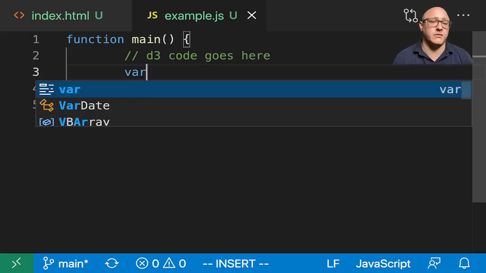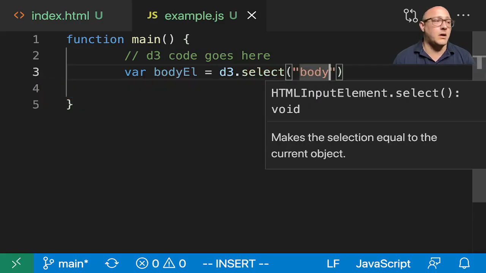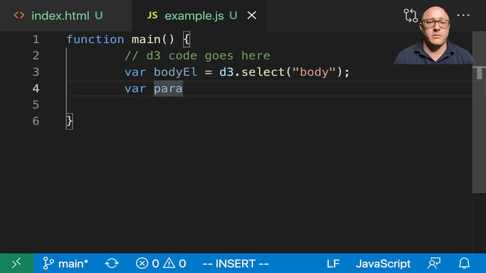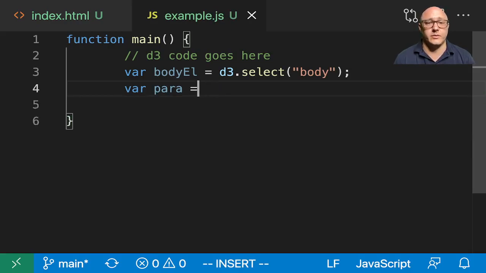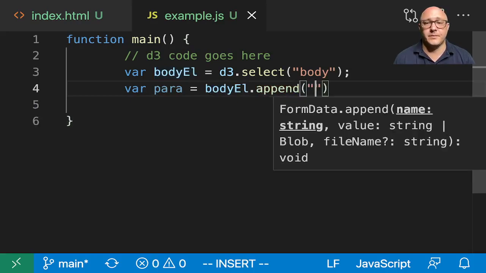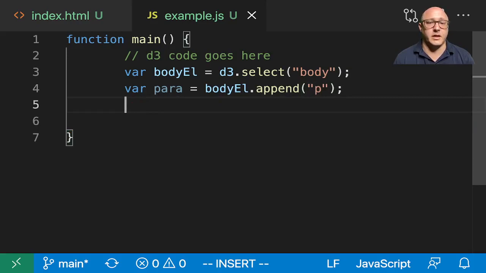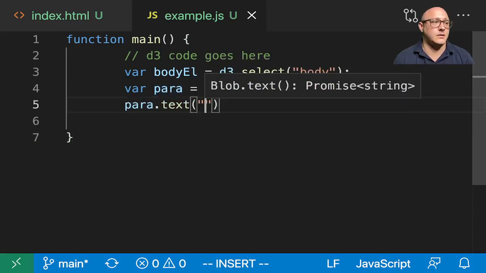So something like var bodyEl for element, and d3.select body, and then var paragraph, body element.append p, and then something like par.text